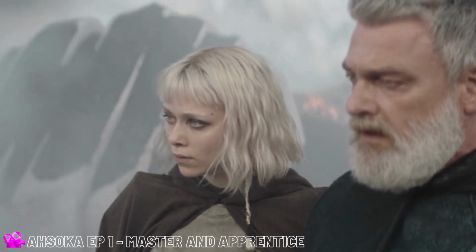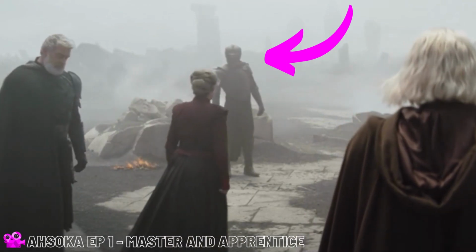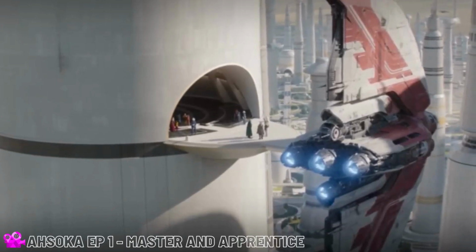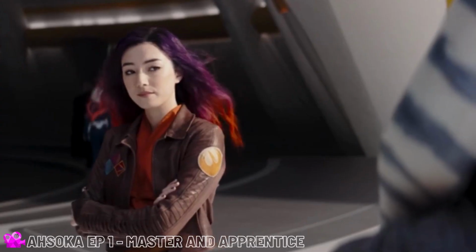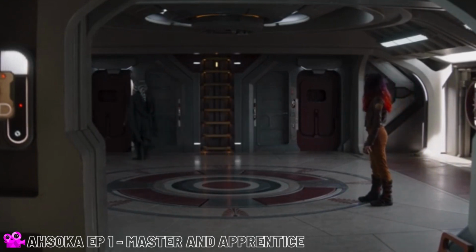Morgan sends Shin to find Sabine, and we get a glimpse of Marek, the ex-Sith Inquisitor, who works for Morgan as a mercenary. Shin then heads to Lothal in search of Sabine, as is Ahsoka. Ahsoka arrives on Lothal and meets with Sabine and tells her she knows how to find Ezra. Things seem to be awkward between the pair, and we find out that Sabine was Ahsoka's apprentice, but her training,